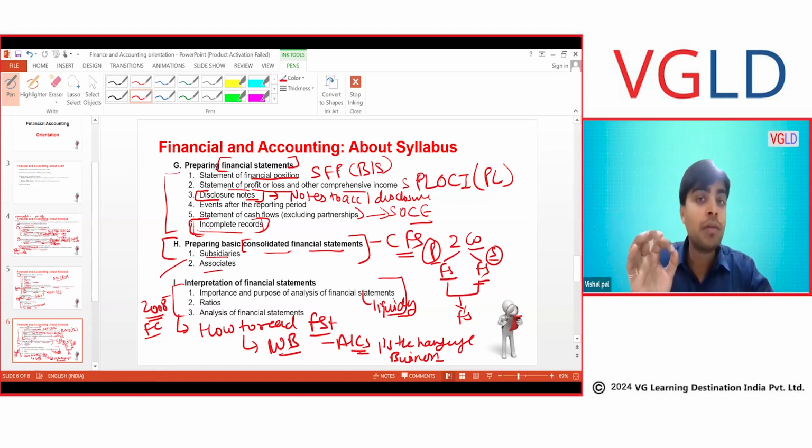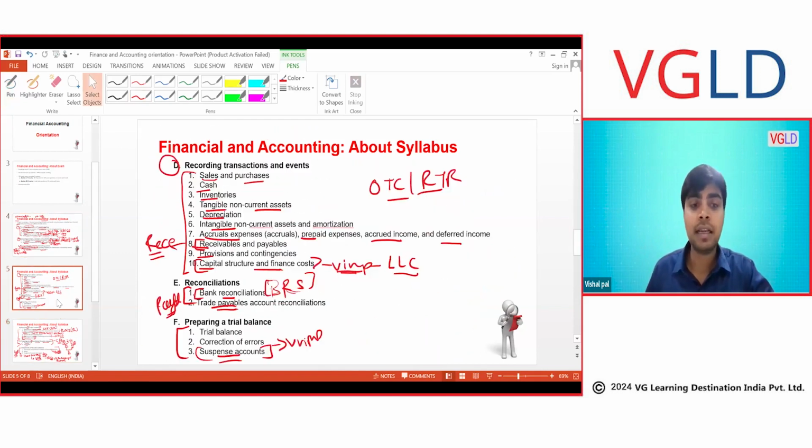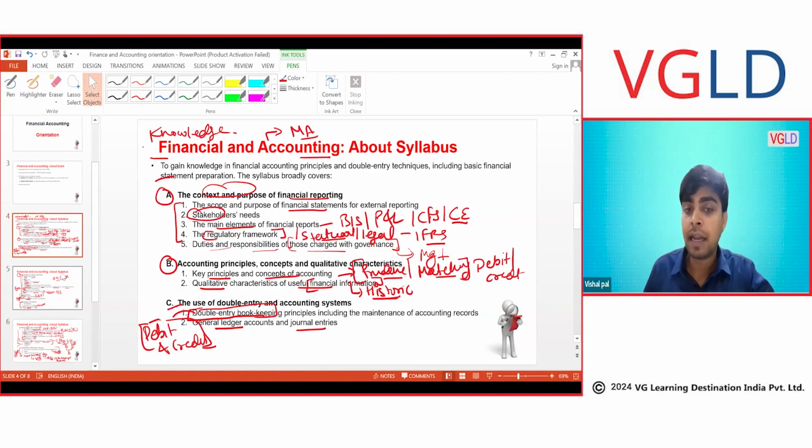These are not just memorizing techniques. They are very important to understand the business. So interpretation of financial statement is very important, as well as from your exam point of view. Okay, so I hope the context of the syllabus is clear, that we will be understanding the financial statement reporting,